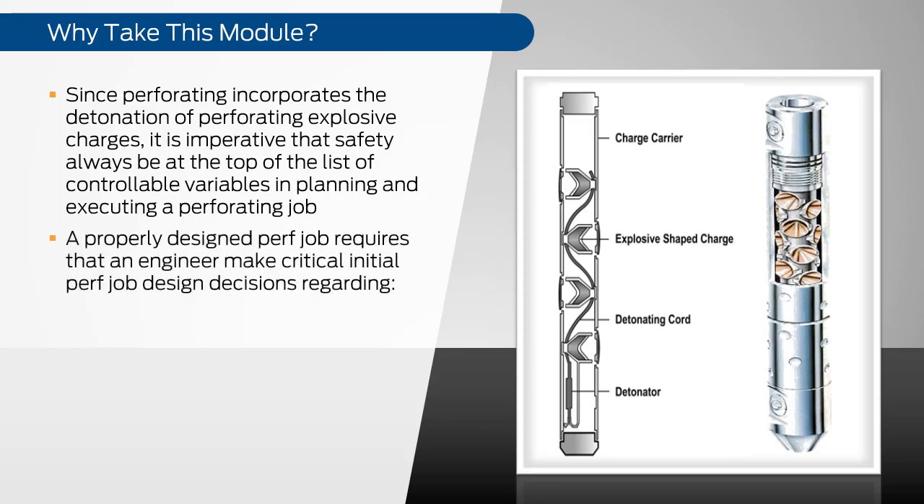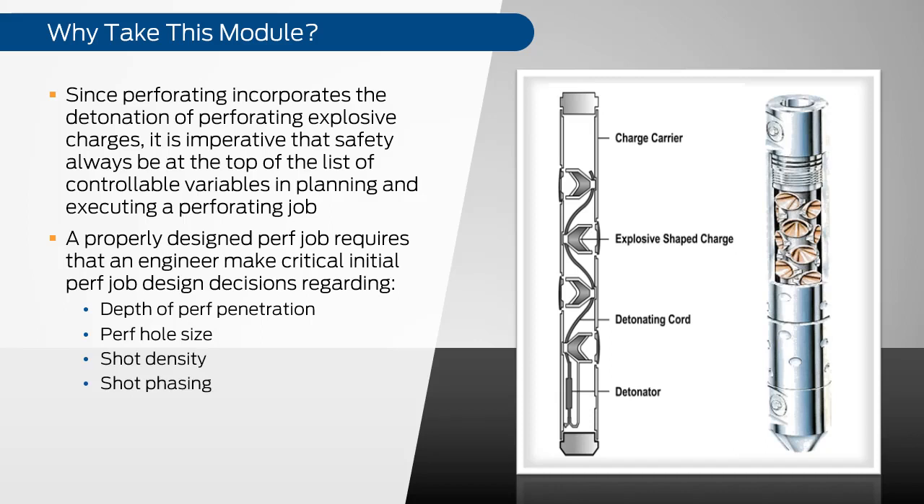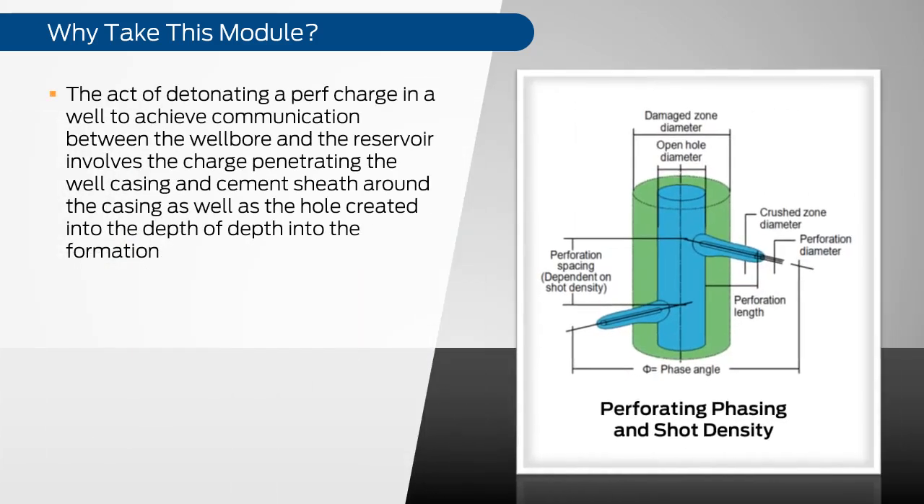A properly designed perf job requires that an engineer make critical initial perf job design decisions regarding depth of perf penetration, perf hole size, shot density, shot phasing, and others. The act of detonating a perf charge in a well to achieve communication between the wellbore and the reservoir involves the charge penetrating the well casing and cement sheath around the casing, as well as the hole created into the depth into the formation. This activity often leads to perforating debris of steel, cement, rock, etc., entering a perforating tunnel